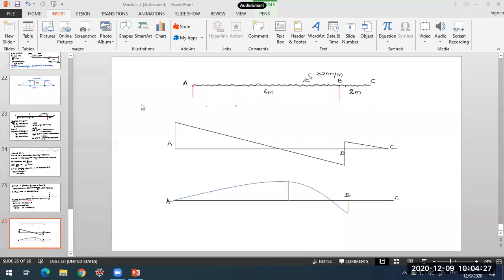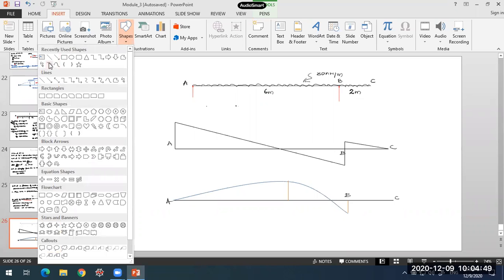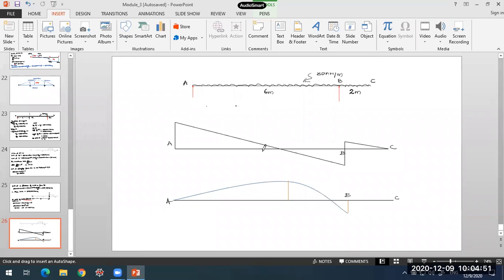So we have determined the shear force values, and this is how our shear force and bending moment diagram would be for that particular beam. It was a beam with overhang on one side, and we have determined the maximum bending moment in that beam, and also where the point of contraflexion is. Okay, we have located that point of contraflexion. After this, in drawing the bending moment diagram, what we have is